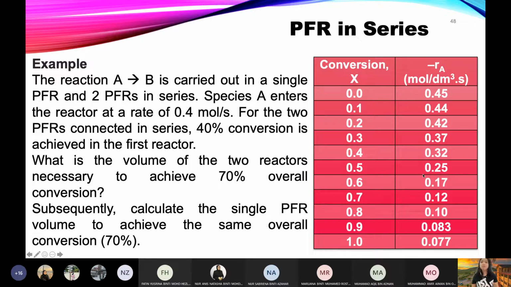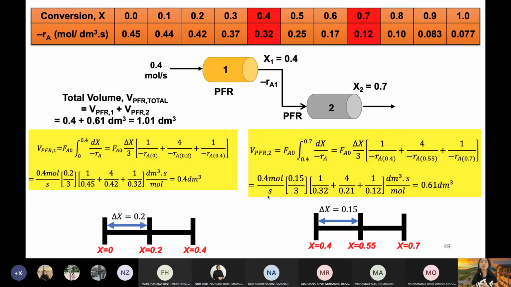Okay, the table of information is still the same table given to us. So kamu kena faham. Okay, ni pun saya kena betul-betul faham for student. Okay, information conversion versus minus RA ni dia takkan berubah mengikut reaktor tau. This information is based on the reaction. We will use this reaction information to determine our reactor design. Means kalau saya nak design reaktor berlainan, information dalam table ni takkan berubah. Yang akan berubah hanya design reaktor saya, but this X and minus RA will not change because they are based on the reaction, not the reactor.